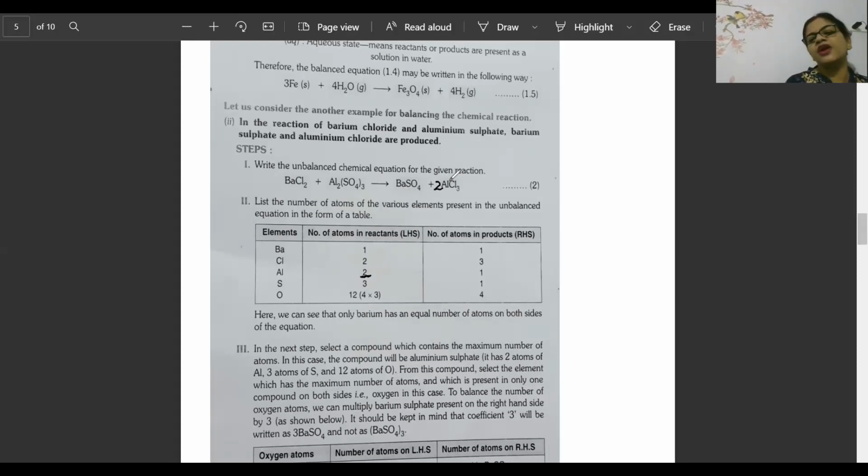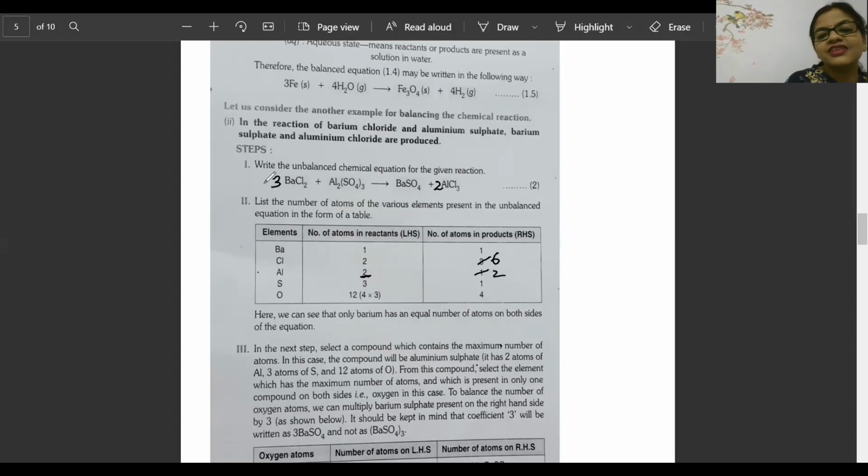Once we have written 2 for aluminium, now the chlorine number changed. Now what is the number of chlorine? Then my children wrote chlorine number is 6. So now we will change the chlorine number to 6. If 6 is there on this side, now we have to balance that side. Now here the aluminium number changed and it is coming 2. Very good. Now here we have to add 3.